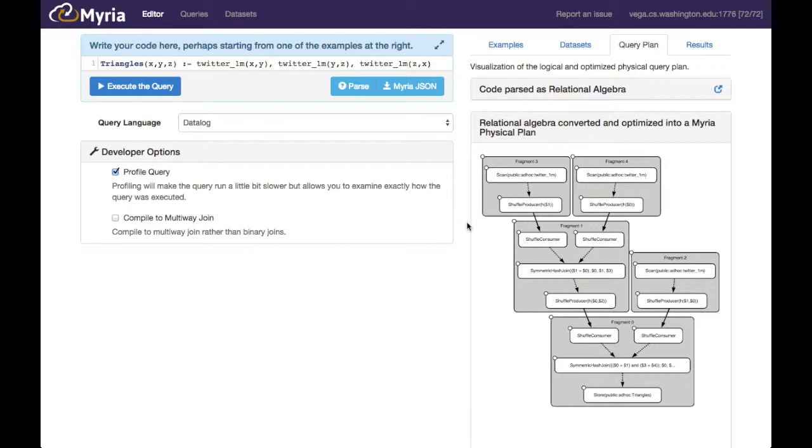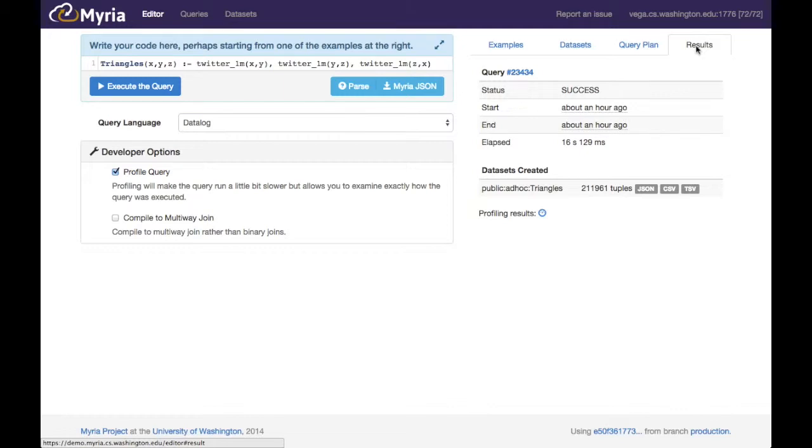I'll demonstrate this tool with a simple triangle query that joins the same relation and then takes the output and joins it again with the relation to produce the final output. When we run this query, it takes about 16 seconds to run. I enabled the query profiling, and we could query the recorded data, but in this demo I will use the